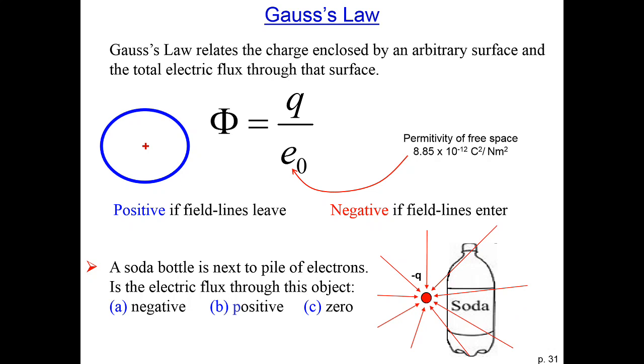Welcome back. So, at the end of class last time, we introduced the concept of Gauss's law. In Gauss's law, we find that the electric flux through a surface, so that is this phi sign here that looks sort of like the Green Lantern symbol, is equal to the amount of charge inside of the surface divided by the permittivity of free space, a constant. This is useful because this is completely independent of the shape of the surface. That means we can choose a shape that fits our purposes to try and find the electric field at a